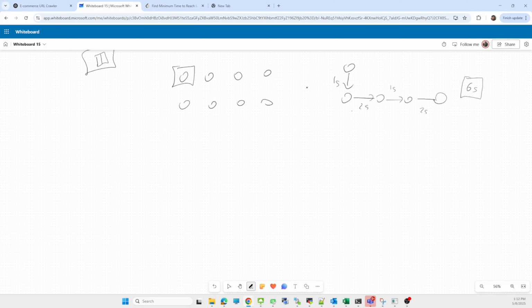From here we can go in either this direction or that direction. Suppose we have a 3 cross 3 matrix like this, and we are here, so we can go in all four directions.